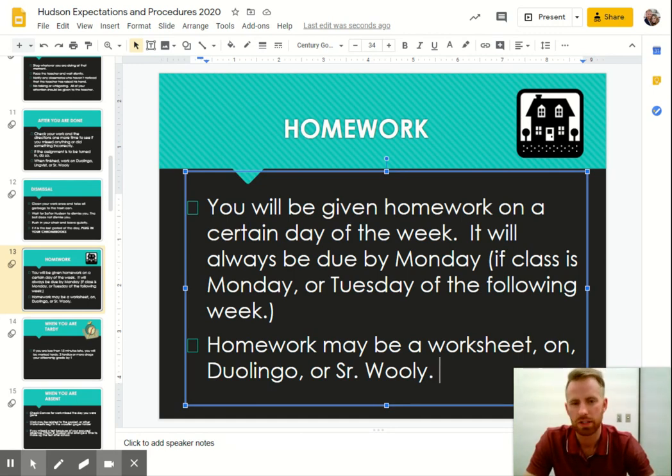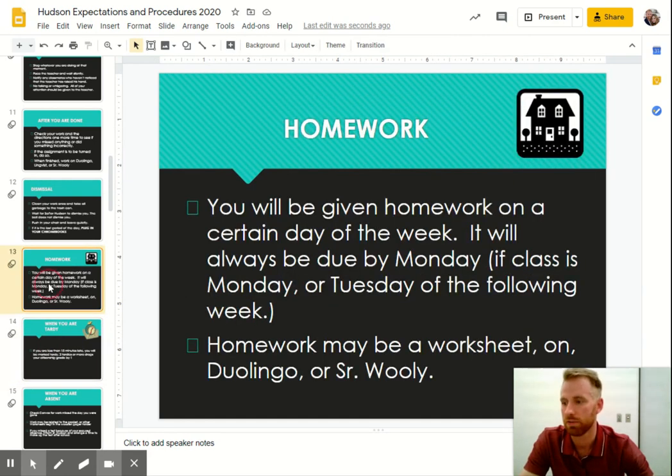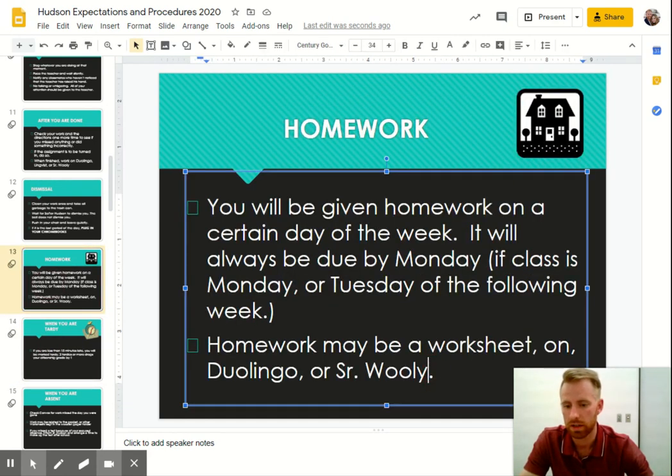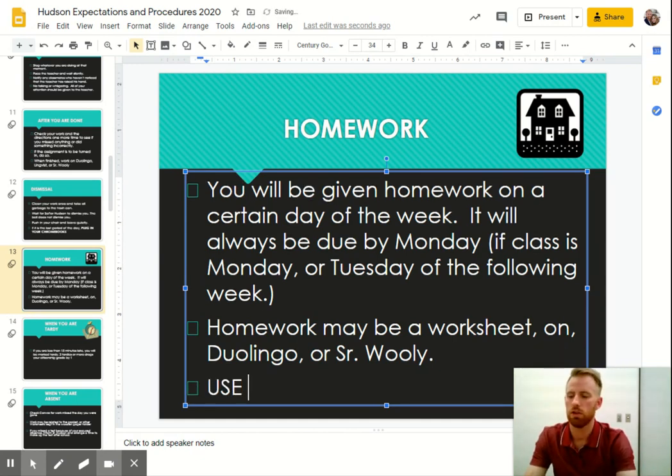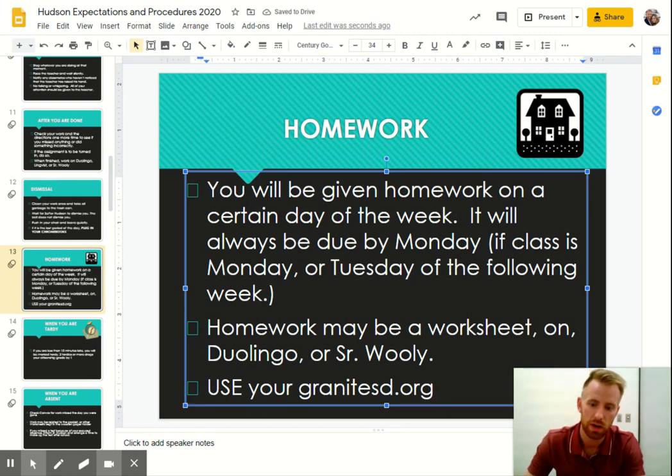So I will occasionally use those, but don't worry about setting those up yet. If you do, since you're here, if you want to set up a Duolingo, please use your granitesd.org, or just use a login that you will remember. Because if I do assign,